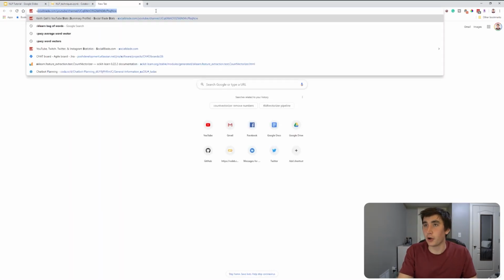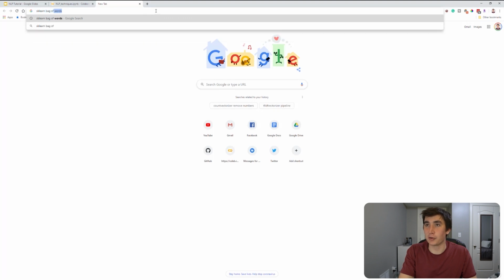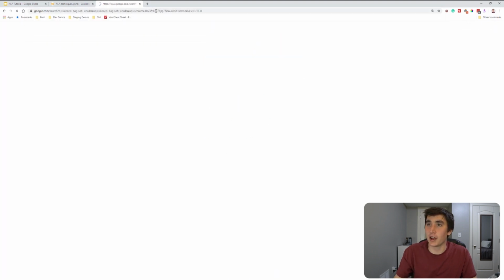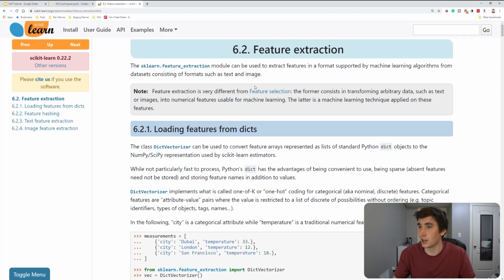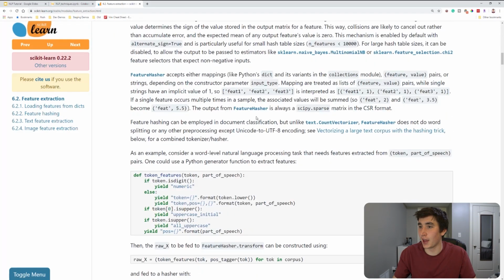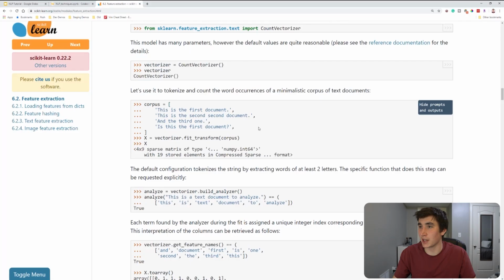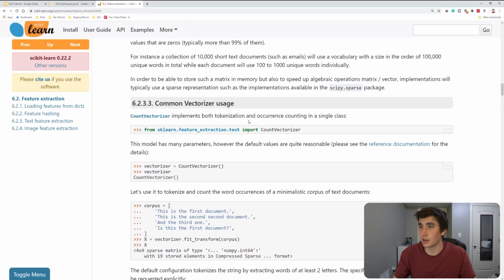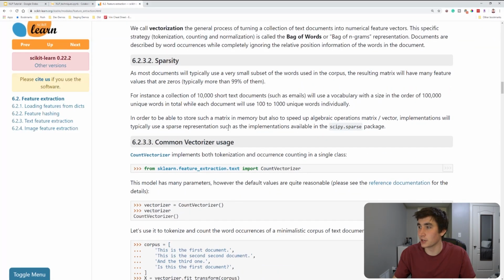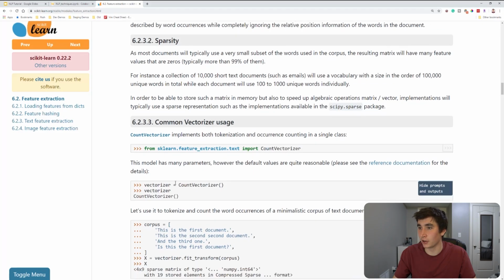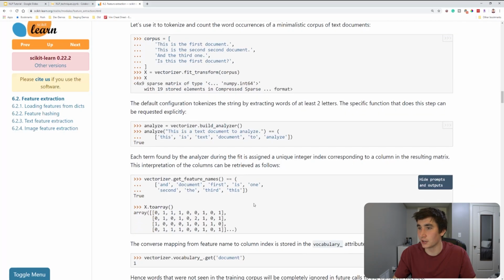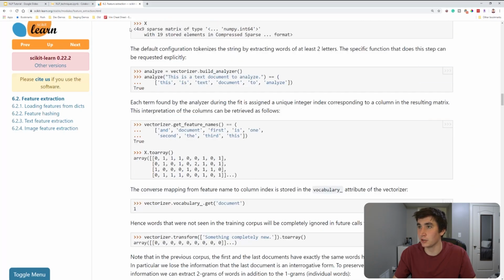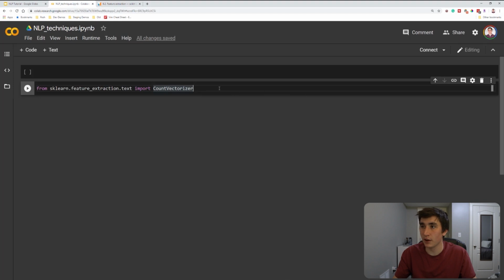If you ever don't know how to find something like this, if you know of the bag of words model but you don't know where to look to find it, I just literally would do a Google search, sklearn bag of words, and you'll get to the scikit-learn documentation, and through that you should be able to find some examples using bag of words. So like here we have the CountVectorizer that I just showed you, and it shows us how to utilize it. So we might reference this a couple times as we do this. So we have our CountVectorizer,